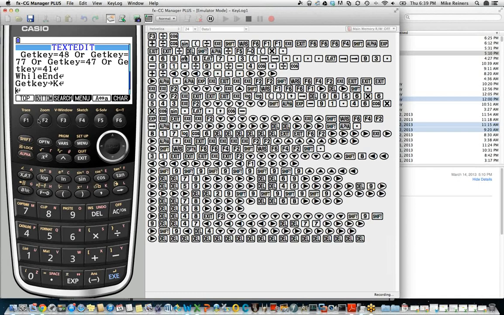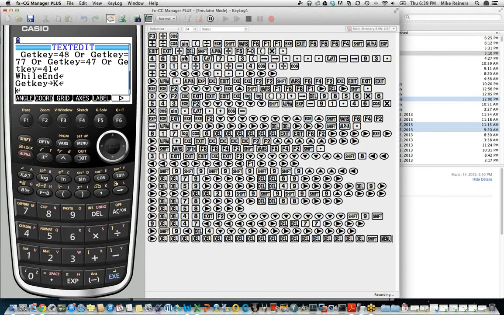So suppose the key that they pressed is the key that has the letter A above it. Well, in order to produce the letter A, we need to say this key was pressed. If that's the key that was pressed, create a letter A. So we're going to create an if statement.